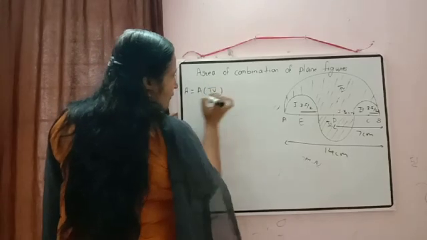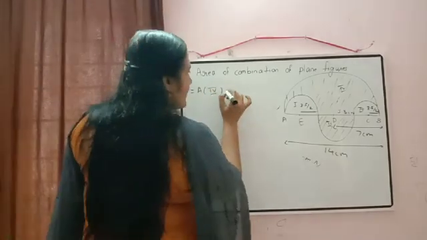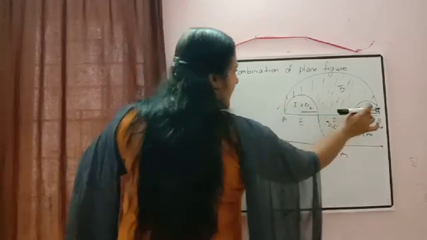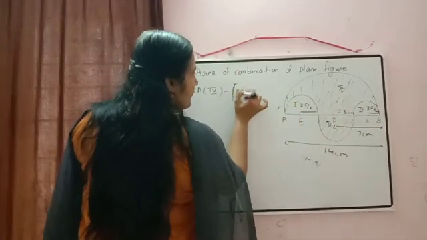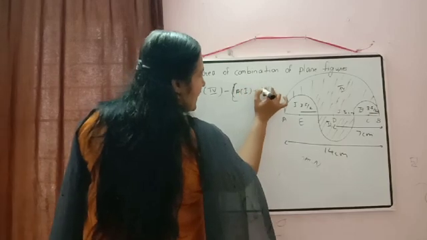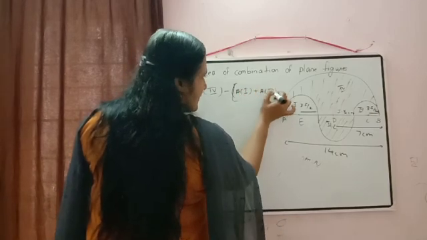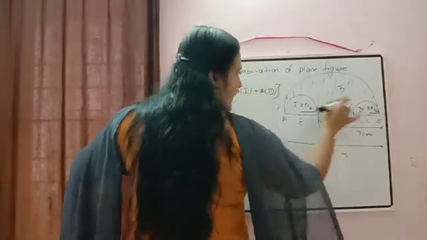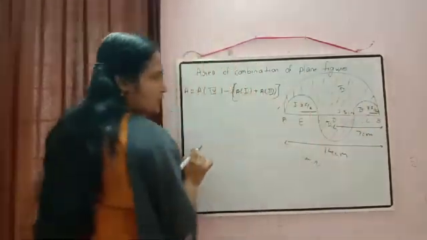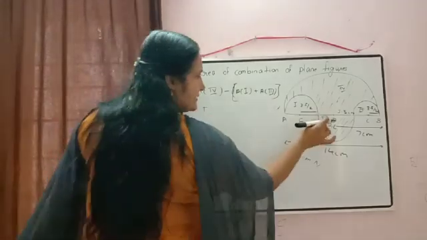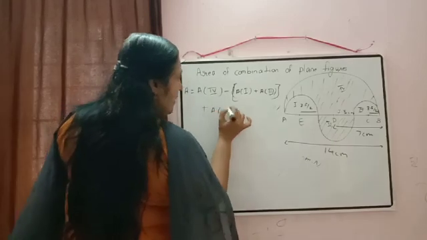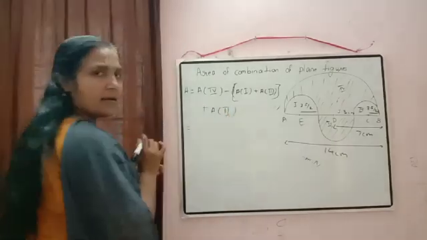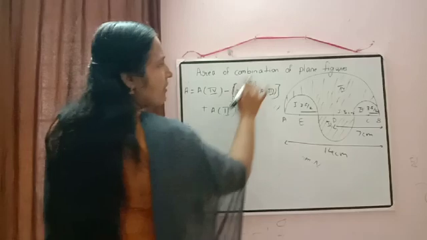Area of fourth region minus what we have to do? We have to subtract the area of these two. So minus area of first one plus area of third region. Correct? From the area of whole semicircle, I am subtracting the area of these two. Plus what we need? Yes, we need to add the area of this semicircle. So that is area of second one. Clear? Okay.